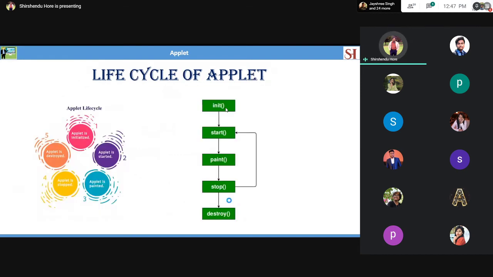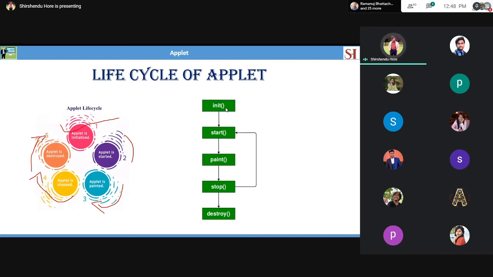Then moving on to the next part. This is the life cycle of an applet. You can remember this, we have already done it. This is the first part of the life cycle, basically called applet is initialized, then applet is started, then the applet where you get the output, then applet is stopped, no longer active, and finally applet is destroyed.